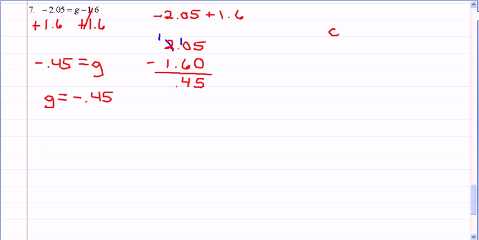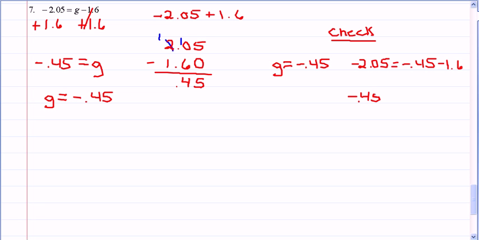and we just have to show the check. So we take g equals negative 0.45, and I substitute it in for g. And the right side of the equation, negative 0.45 minus 1.6, if I write that out as negative 0.45 minus a positive 1.6,